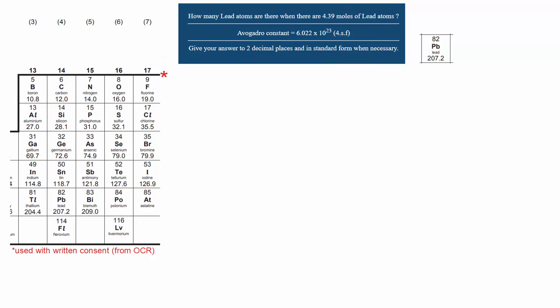I invite you to reflect on whether we do need a periodic table or not. You can see we've got lead here, and on the periodic table we can see that we've got lead here. But the question is, do we need this for this question? Actually, the answer in this case is no. We don't need the periodic table to work this question out. And primarily why we don't need the periodic table is